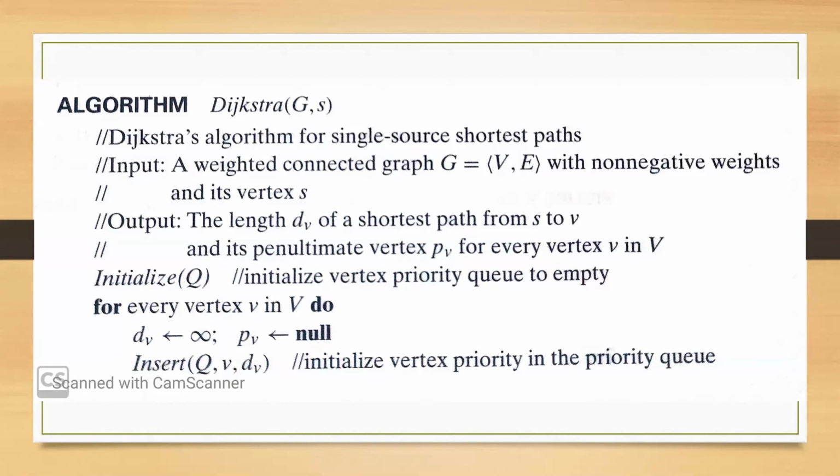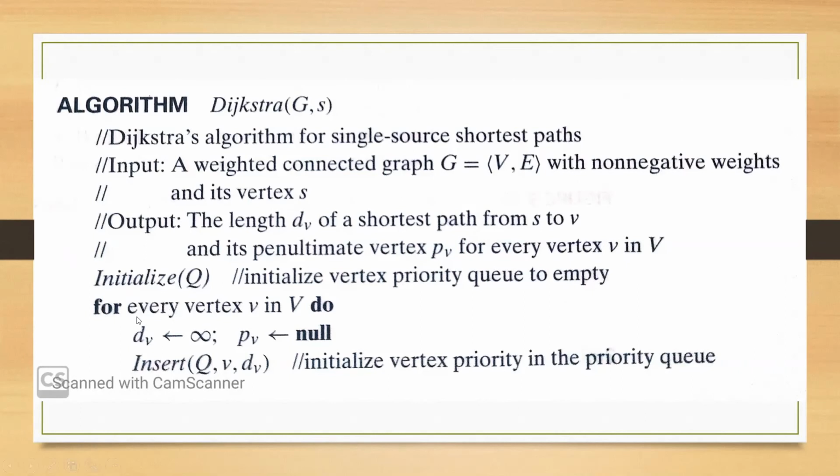While removing elements from that queue, we should follow some order, either ascending or descending. If it is an ascending priority queue, then we put elements in any order, but while deleting, we remove the least valued element. We are using an ascending priority queue in this algorithm. We are taking one queue, initializing it, and initially the queue is empty.